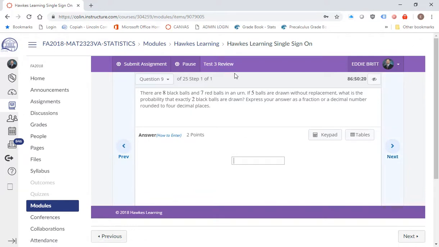Alright. There are 8 black balls and 7 red balls in an urn. If 5 balls are drawn without replacement, what is the probability that exactly 2 black balls are drawn? Alright. So